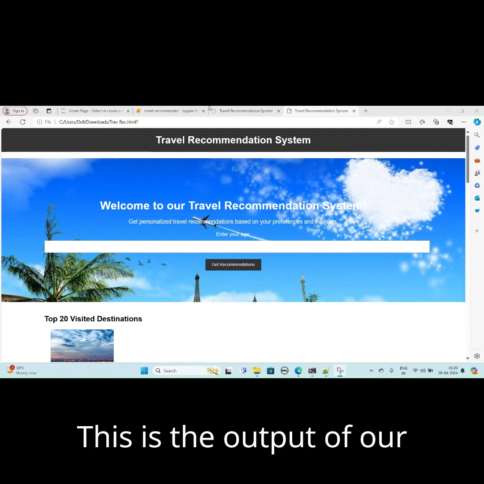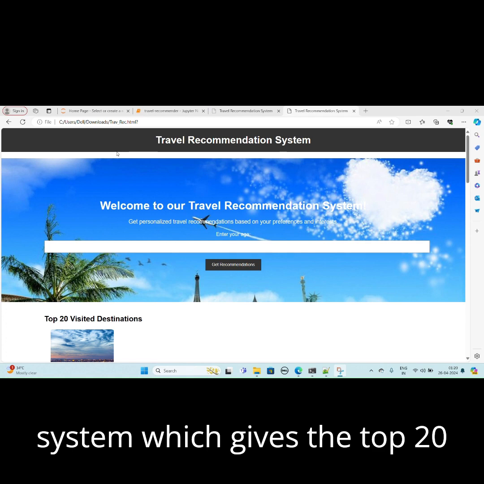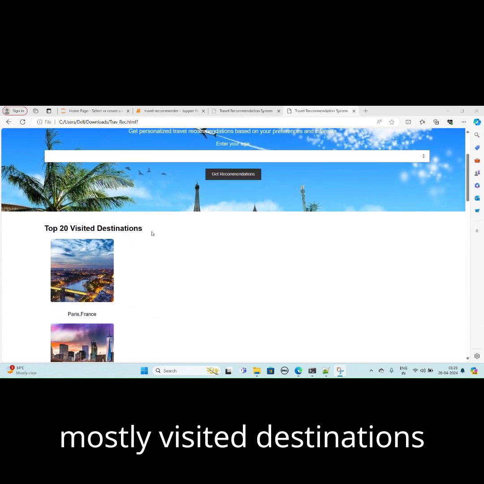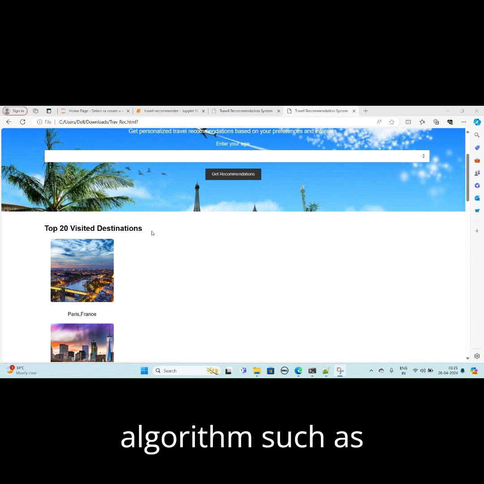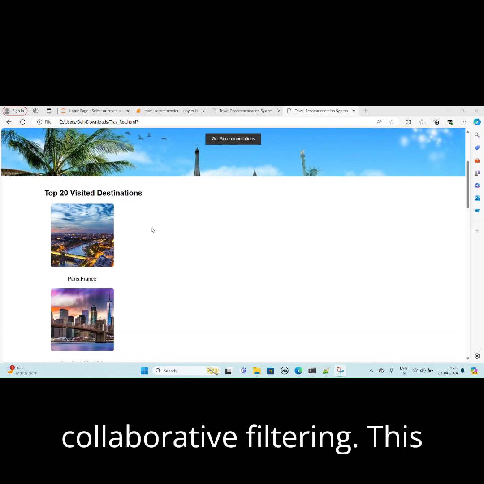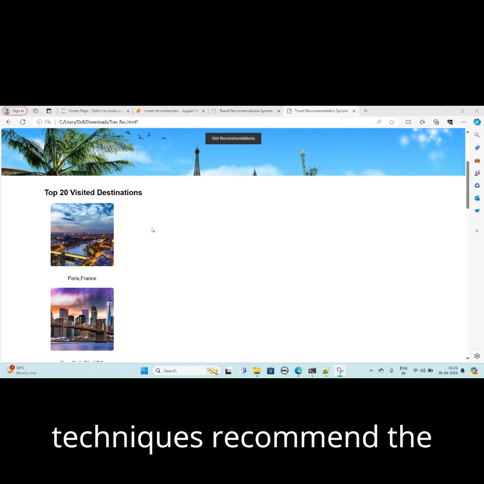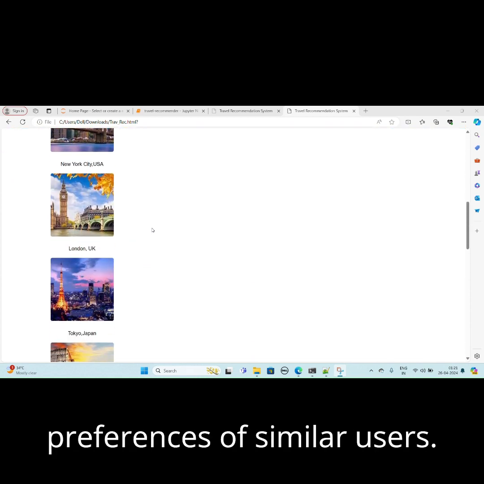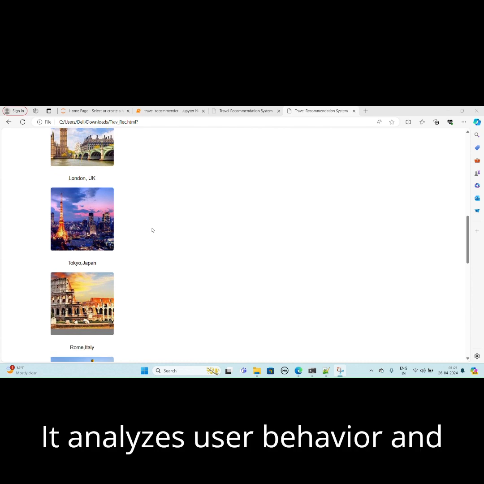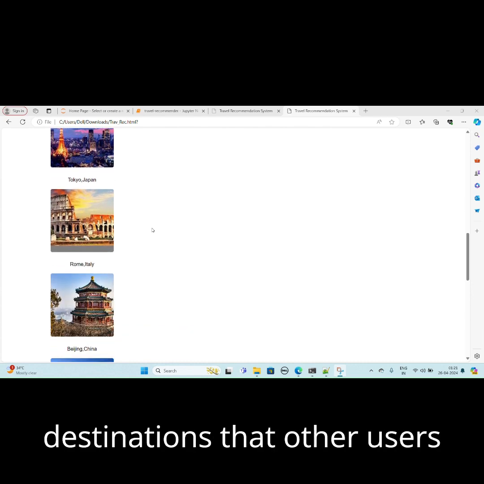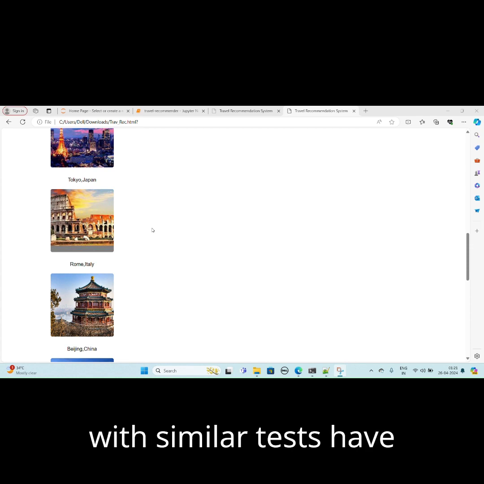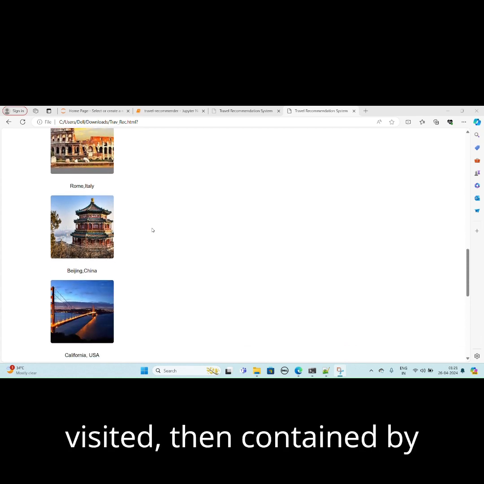This is the output of our system which gives the top 20 most visited destinations based on the given dataset, which includes the working of algorithms such as collaborative filtering. These techniques recommend destinations based on the preferences of similar users. It analyzes user behavior and preferences to suggest destinations that other users with similar tastes have visited.